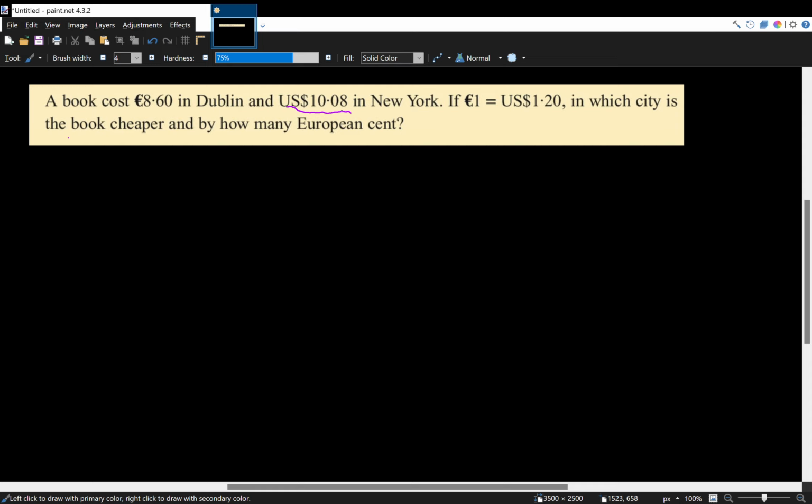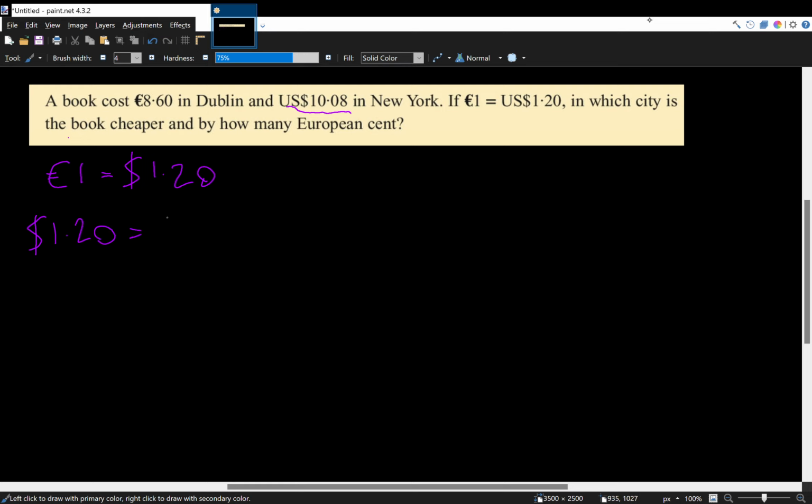So what we're first going to do is write down our exchange rate as it stands. As we've been given from the question, €1 is equal to $1.20. Whenever we're making any exchange, we flip it around so that the currency we are changing from is on the left and the currency we are changing to is on the right. So we're going to rewrite this and say that